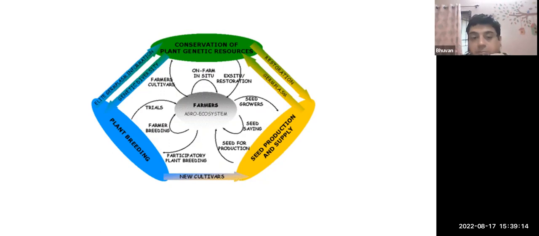Through plant breeding, new cultivars are generated, which are again used in the production of the seeds. And in this seed production and supply, the germplasm which is restored can be used for conservation of plant genetic resources for the future. Then in plant breeding also, the elite germplasm information which is generated during the plant breeding process can be used for the conservation of the plant genetic resources. So all in all, these three things are interlinked with each other,